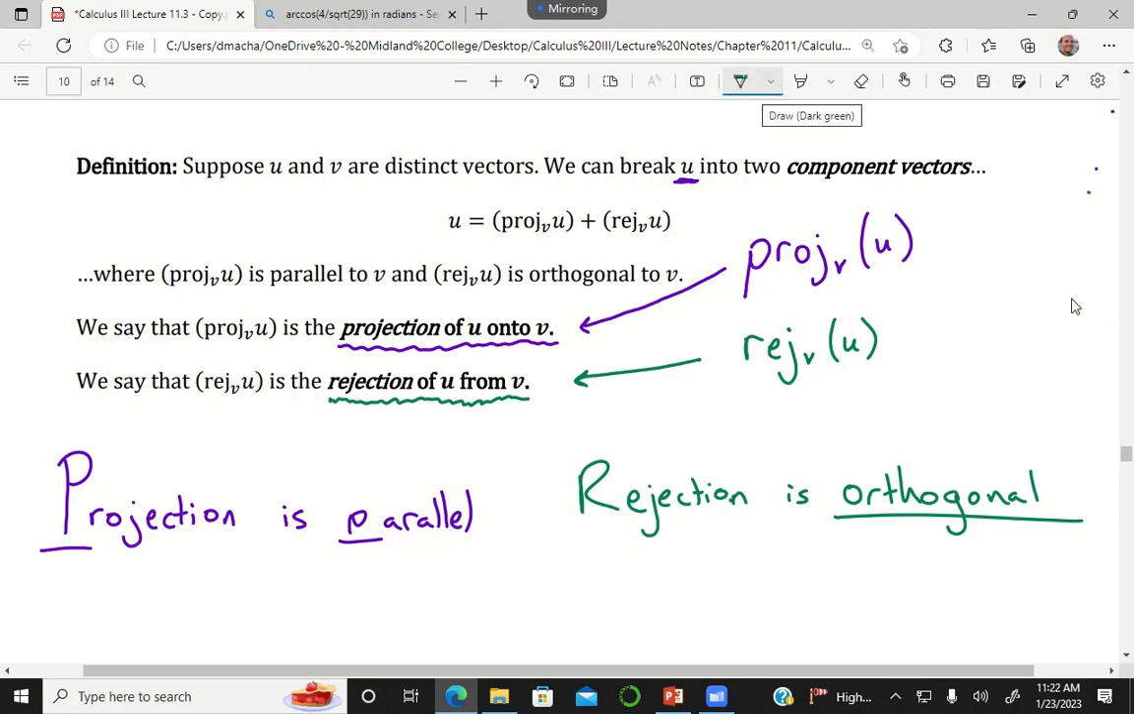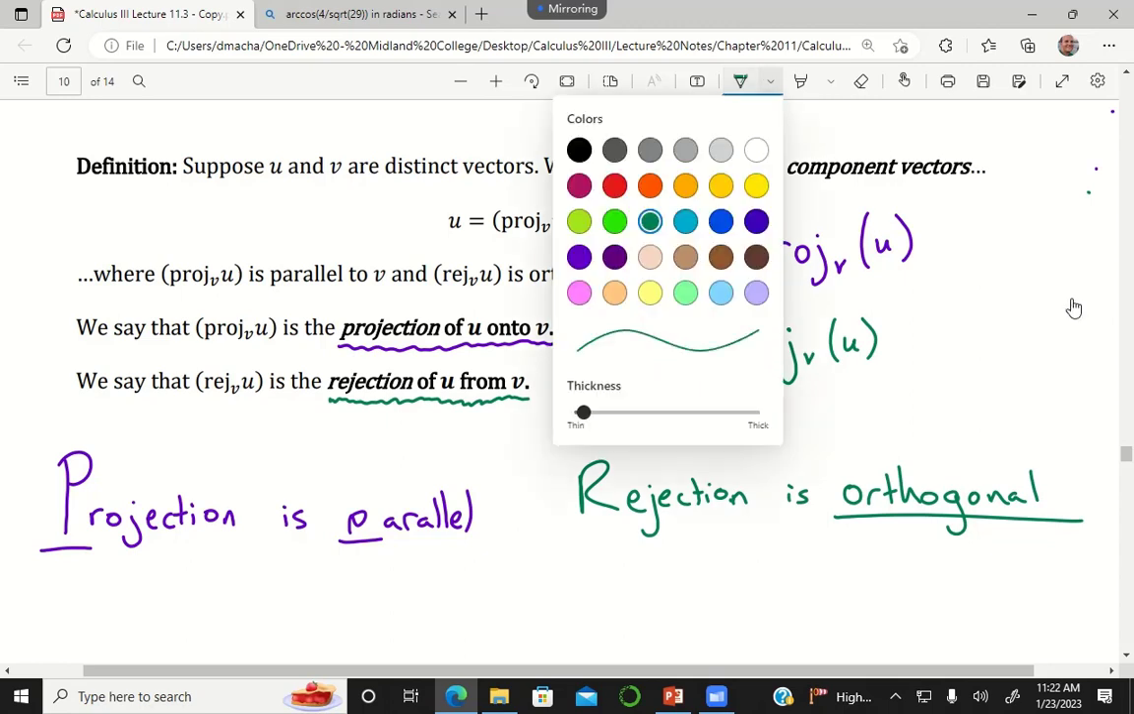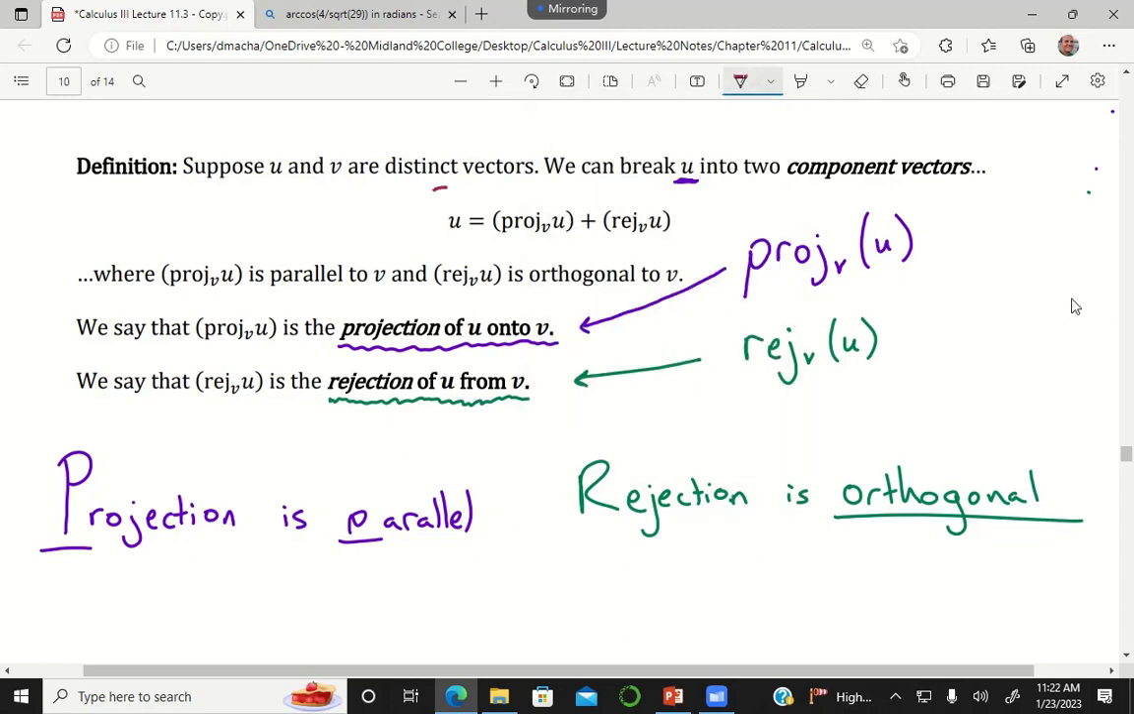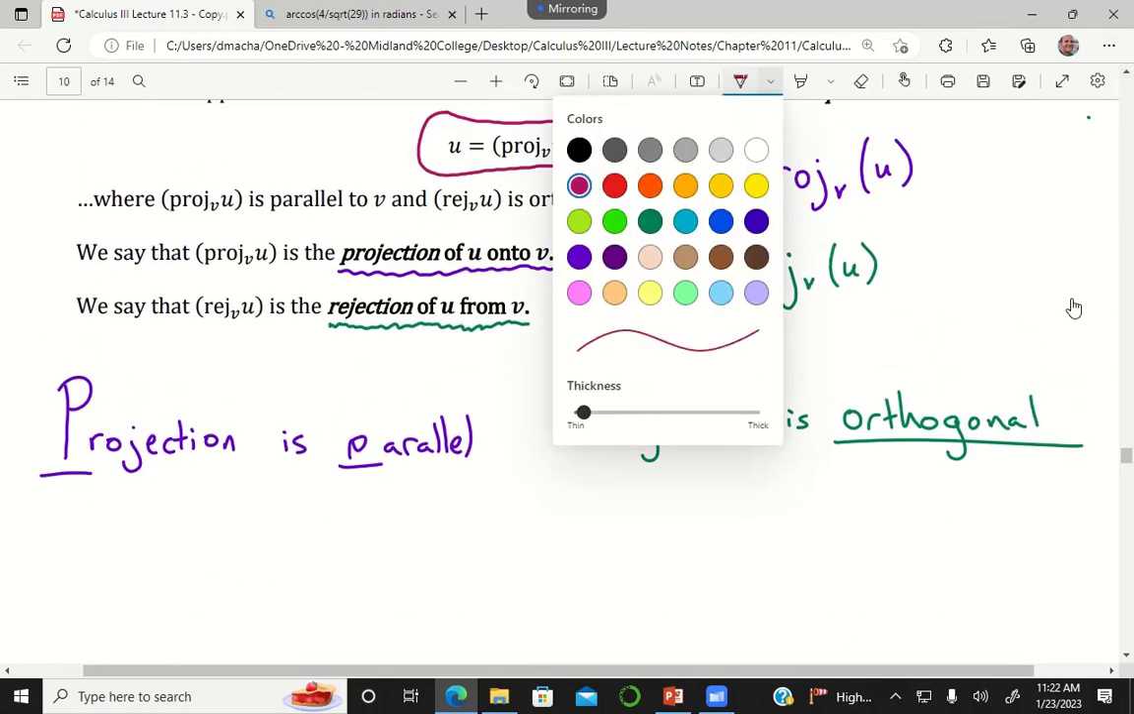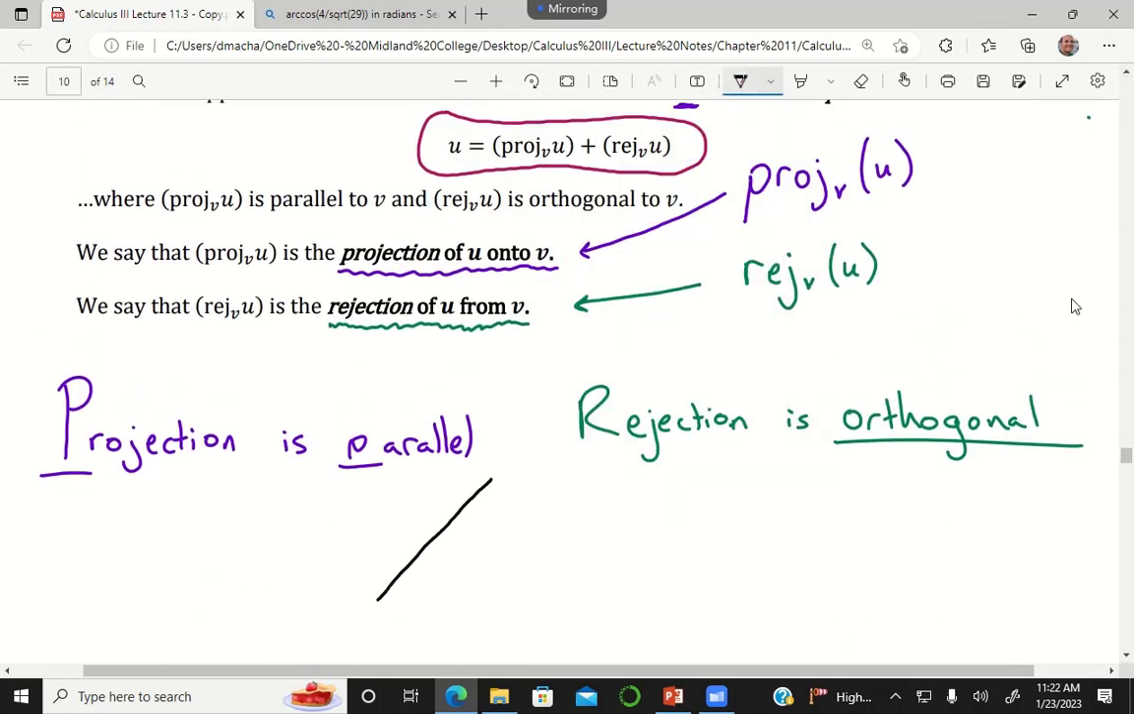But regardless of whatever U is, and regardless of whatever V is, we can always write my vector U in two parts. One part that is parallel to V, and another part that is orthogonal to V. So let me draw a little picture to try to illustrate this a little bit. Like, if this is my vector U, and this is my vector V,